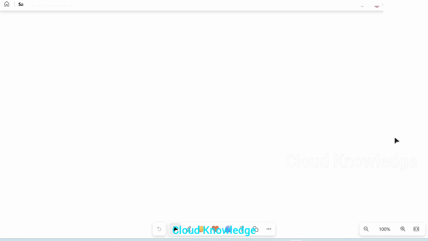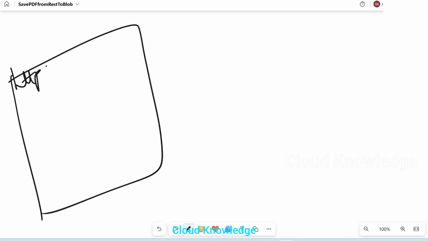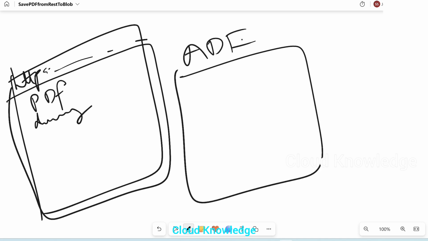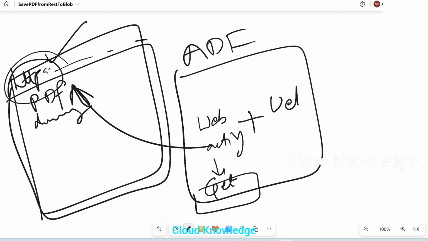Let us study the requirement through whiteboard. Okay, so here we have some REST endpoint, and in this REST API we have a PDF, a dummy PDF. Then in ADF we have to connect to this REST API or the REST endpoint using web activity. This will fetch us the response from this REST endpoint with the method get, and then we'll use another